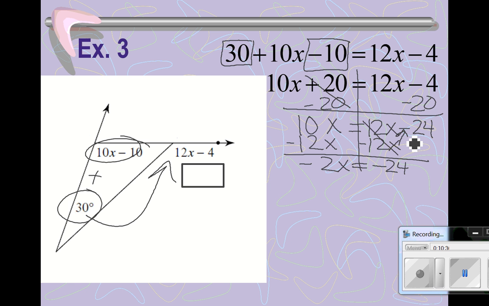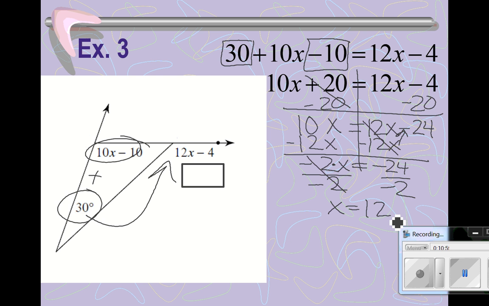Now I have one term on either side. Now I can multiply or divide. So I see that I have negative 2 times x. So I know I'm going to divide both sides. And I'm dividing by negative 2. We can cancel. And if I have two negatives in division, I would get a positive. So x equals positive